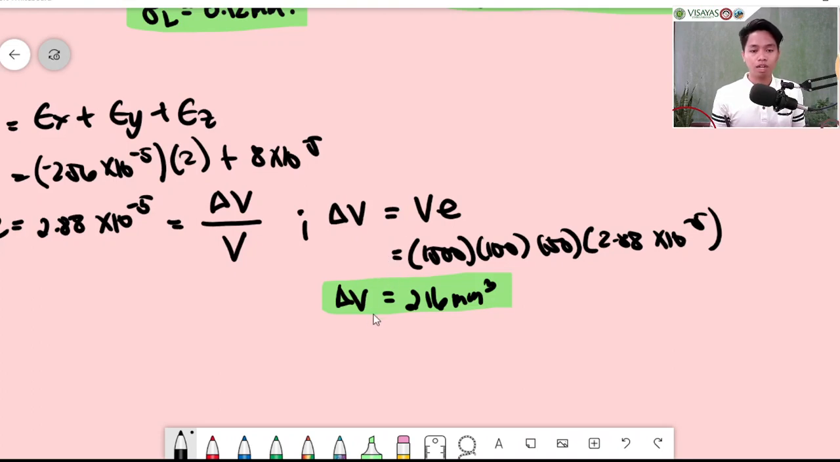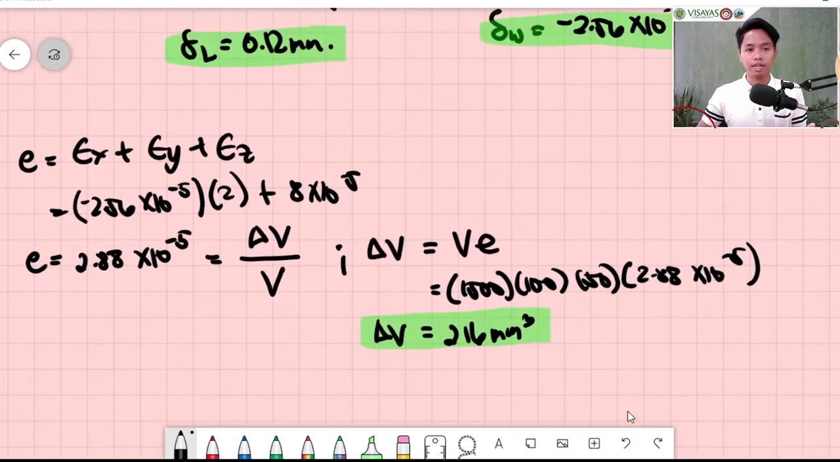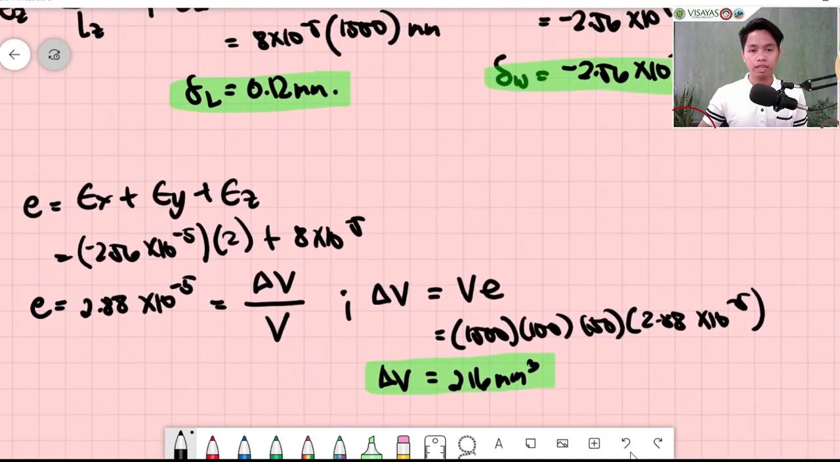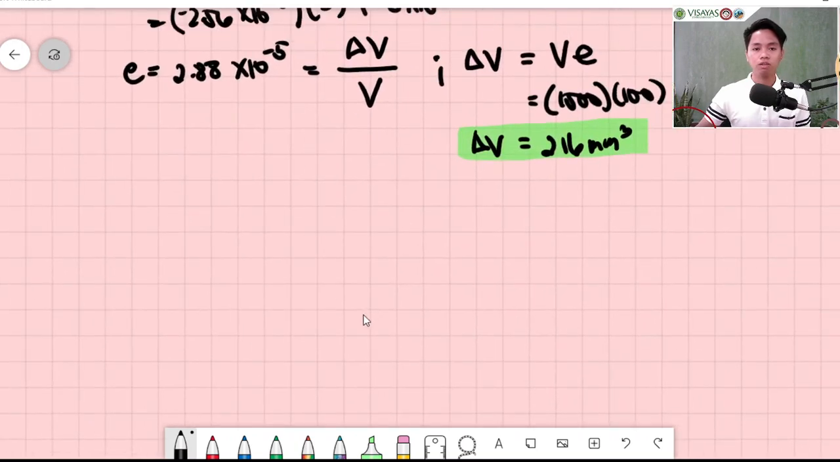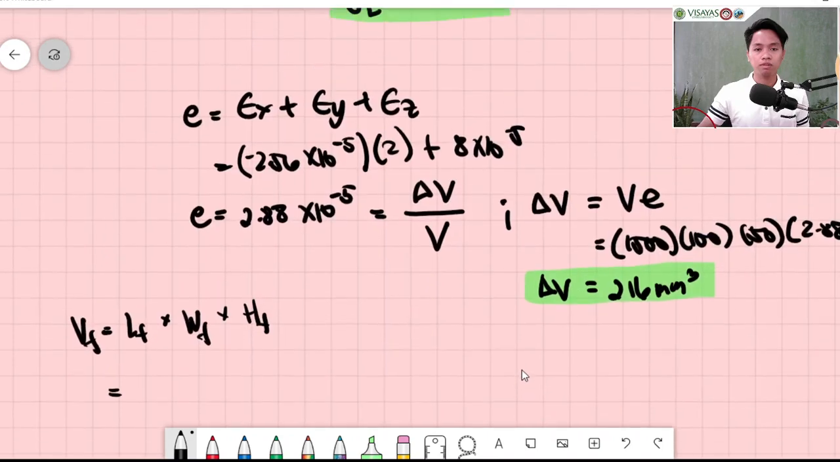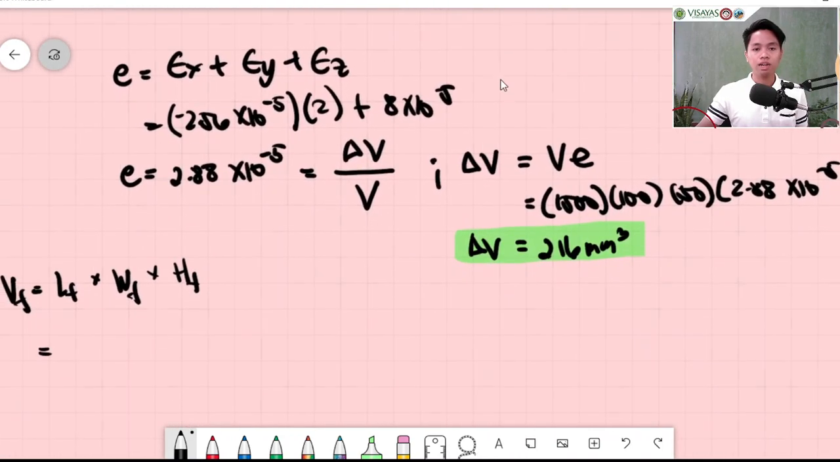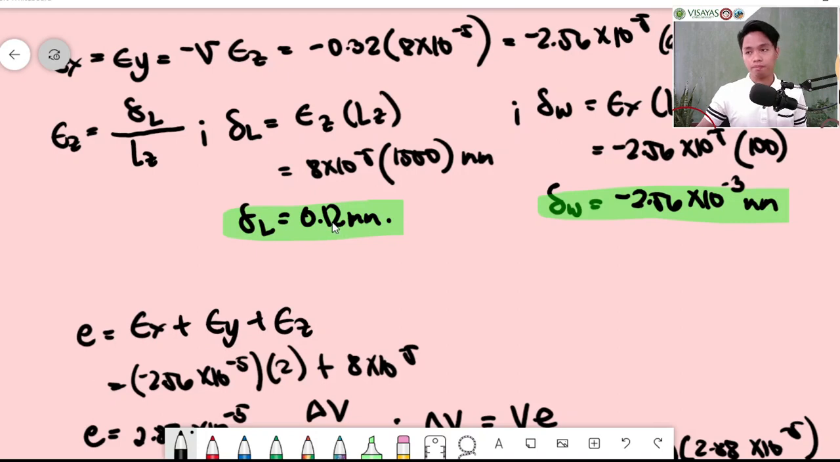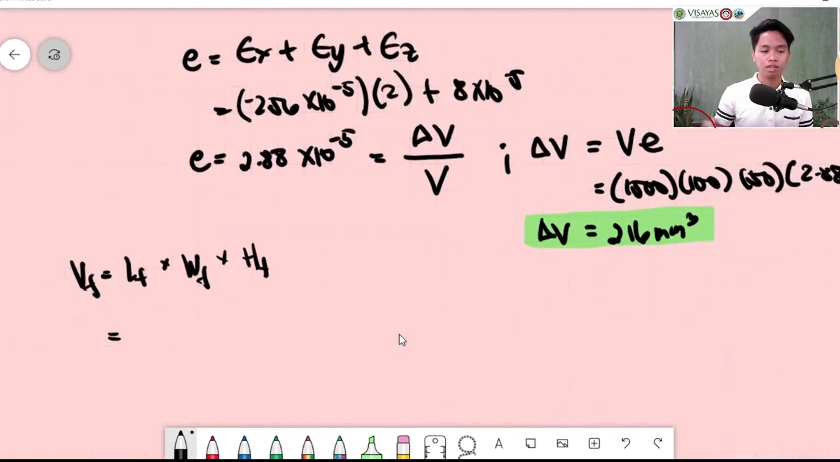You can check if sakto ba ang atong change in volume. You solve for the final volume dire, alright? So to solve for the final volume, para ma-check lang nato if sakto atong volumetric strain. The final volume is equivalent to your final length multiplied by your final width multiplied by your final height. So our final length, kung saan man pagkita sa final length, ang ato ang length daw is may increase og 0.12 mm. Diba? May increase siya og 0.12 mm. Kaya positive man siya. So therefore, ang ato ang final length would be 1,500.12